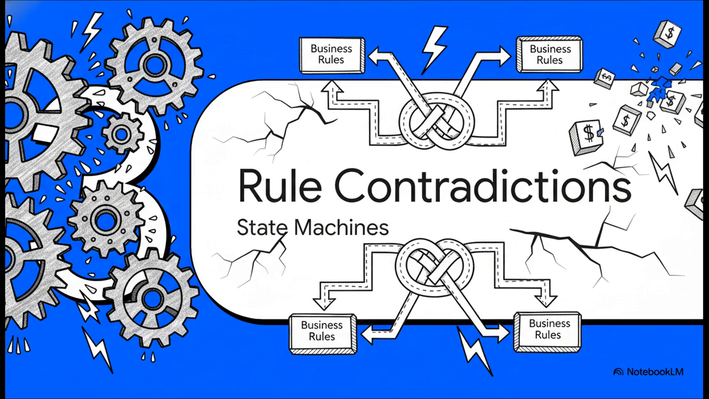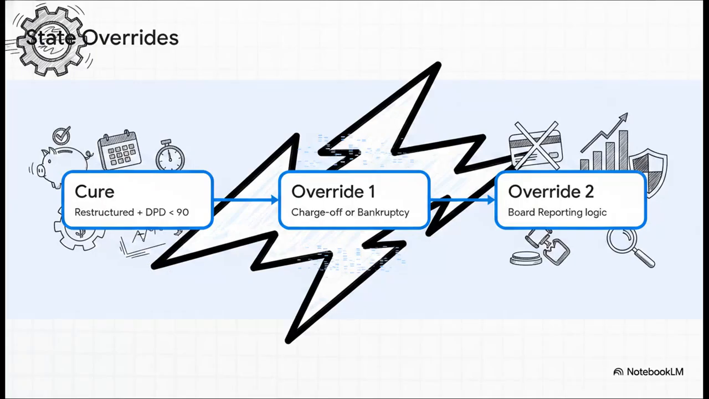Moving right along to Section 3, Rule Contradictions State Machines. Let's see how these boundary issues stack up into complex state machine contradictions, where business rules violently collide. Think about the life cycle of a single loan. It moves through different states over months, maybe years. A naive test checks a loan's status flags in total isolation, but an adversarial test verifies the exact hierarchy of